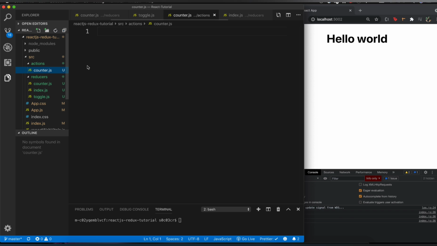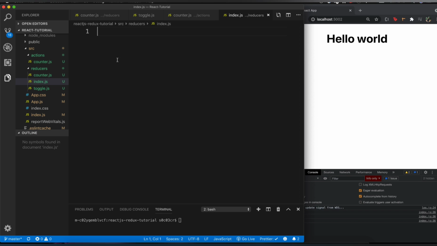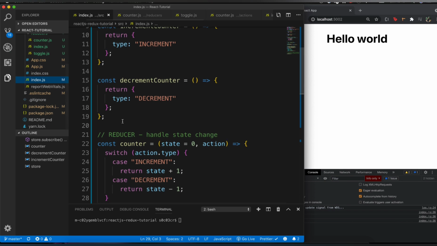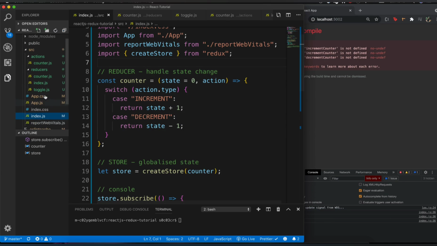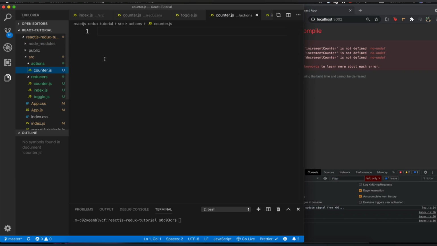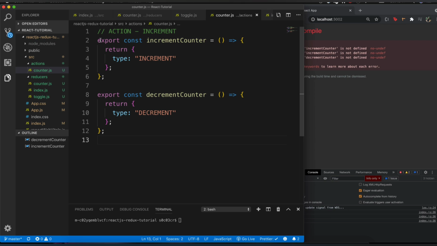Alright, so let's get started with actions, just like how we did it in index.js. What I'm going to do is simply copy paste the code from our index.js. So if I go to index.js, I have already created two actions. Let me go ahead and remove this from here. And what I'm going to do is basically go to my actions and counter.js. So here I'm going to keep all the actions related to counter. So I'm going to paste this, and I've actually added an extra export statement to both of the functions. The reason is, since we are putting it in a different file now, we need to be able to export it so somebody else can use it, right? So now all of it is not in a single file, but we are putting it across files, so we'll have to export it. We can use it somewhere else. So I have done the export over here, right?